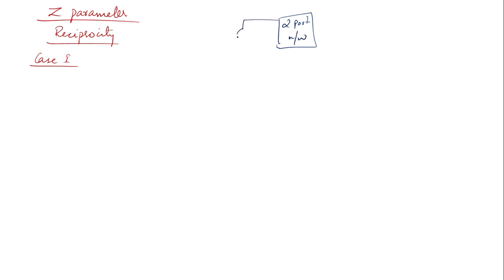What you're going to do is take your source over here. You're going to give a voltage source Vs over here. We are taking the condition for reciprocity. And this Vs will be giving you a current I1. And as I mentioned, for reciprocity, you will be short circuiting any one of the ports. So right now I have short circuited the second port. You know that by standard, the current I2 is flowing like this. But since your source is present at the first port, the current will be flowing downwards. So your current will become minus I2.